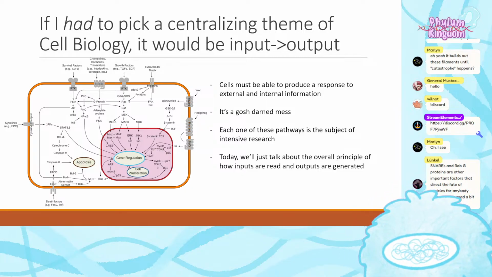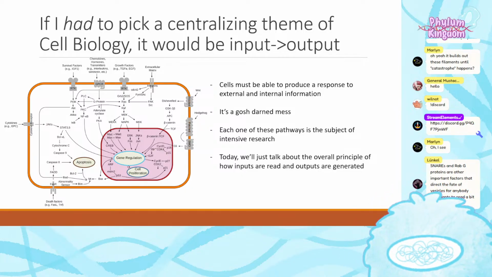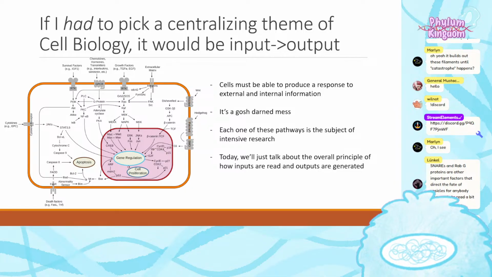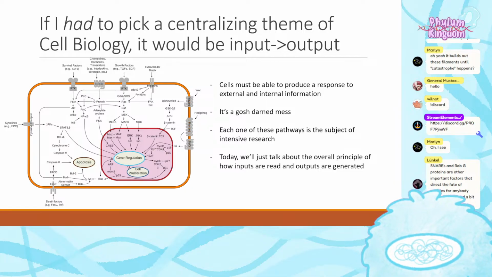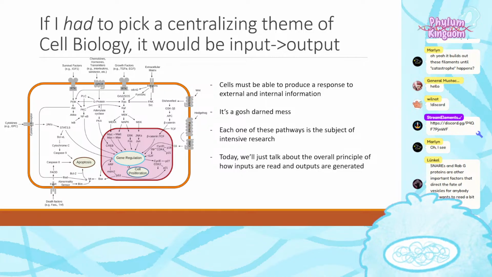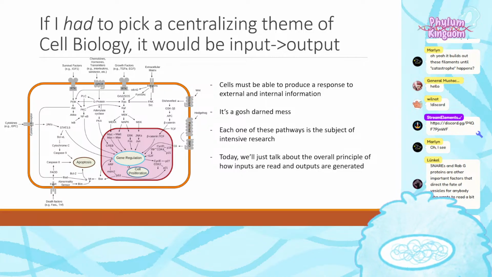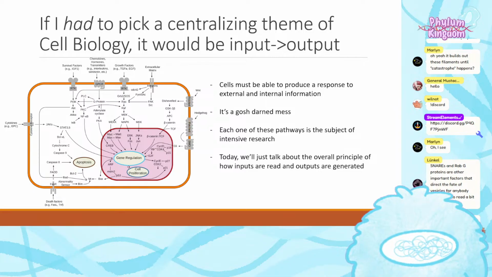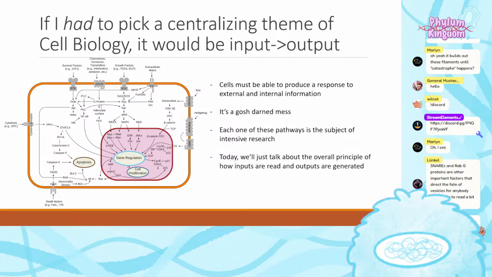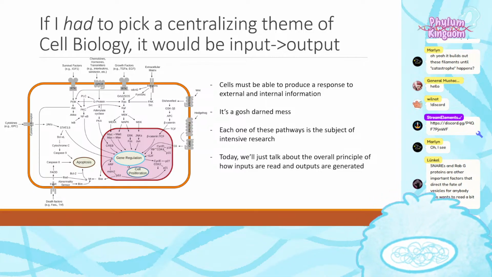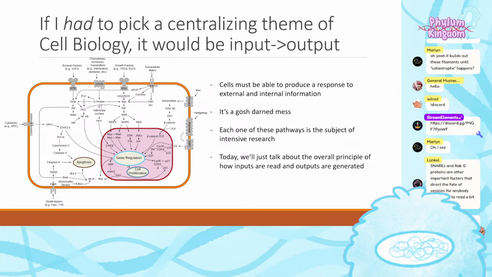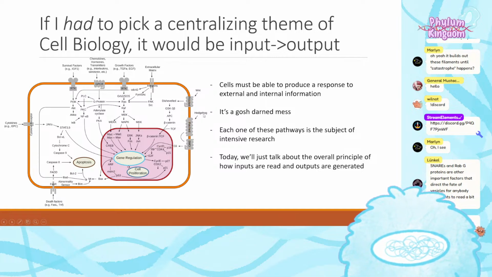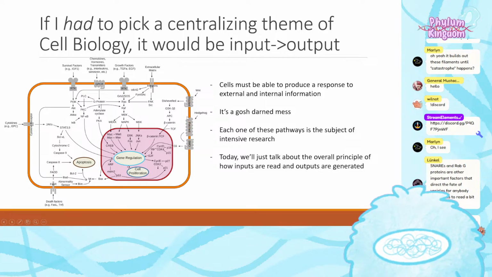But again, I want to return to this idea because it's so fundamental to how I think of the cell. And this is me in particular. I don't know that this is a good idea for other people, but for me, the way that I learned to conceptualize a cell is a little computer that has inputs and outputs, right? So this is a scary looking cell biology pathway figure, and you can see that there are a couple of different inputs that we have here. Wnt and hedgehog. Hey, there's Sonic Hedgehog right here.